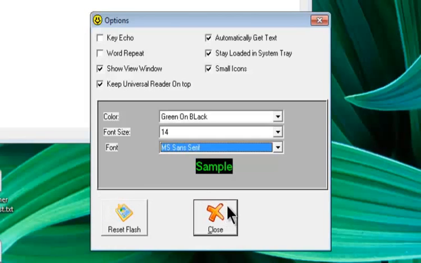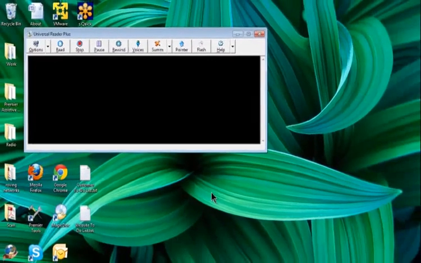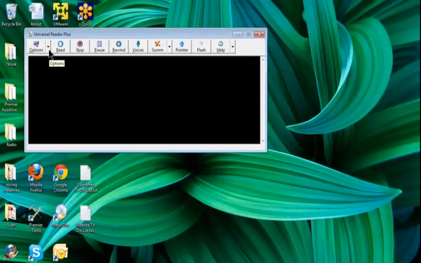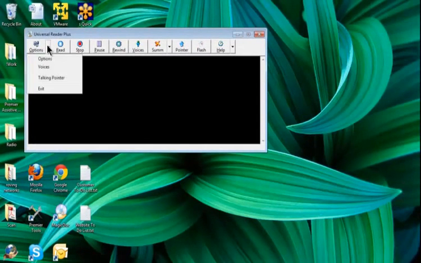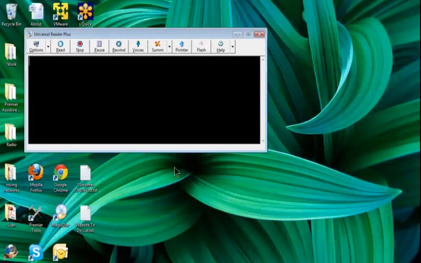But for now, we're just going to click on the Close button and go back and look at some other options. So as you can see, our view window has changed here to reflect the settings that we picked. Now, if we hit this drop down here, we also have a few other options. So the options will just take us back to the last screen that we were on, as you can see. But if we go to the Voices screen,